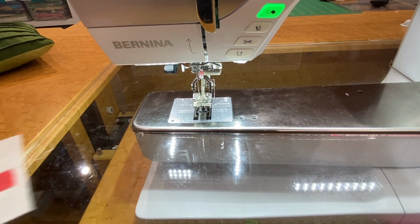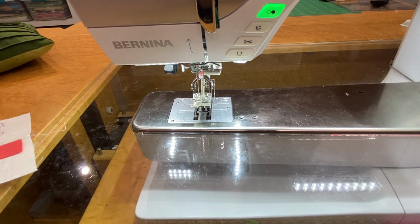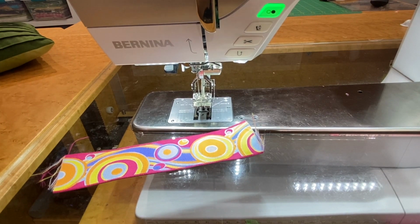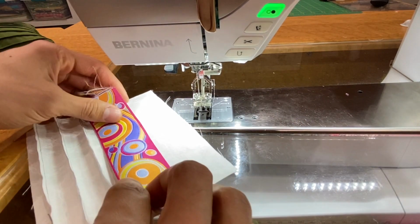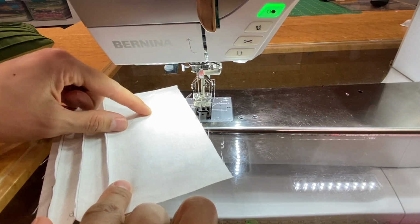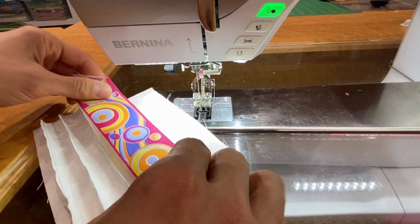Now if you want to insert some lace, it's just as simple. Here we have a piece of lace, and we can take the other side of our fabric. If we wanted to insert lace right in this spot, you can draw a line again to show you where you want to insert that lace, and you're going to place your lace